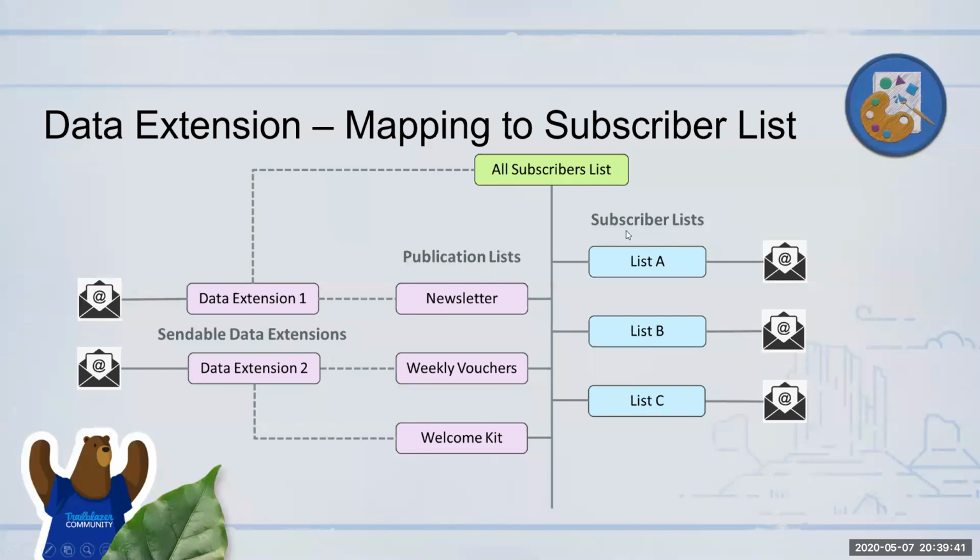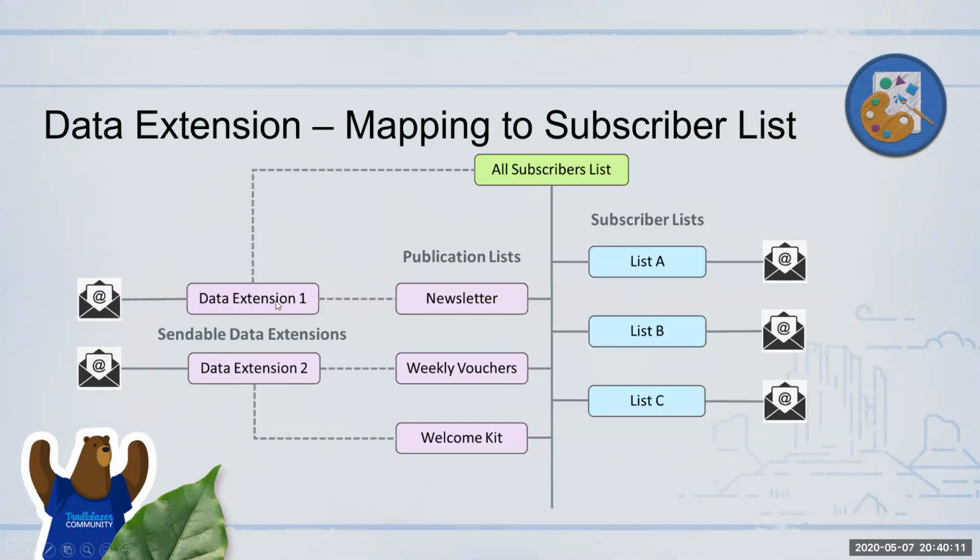So we saw yesterday, we talked about the subscriber list. Very straightforward. Each list has one or more subscribers. If you send, they will get an email, and then the status will automatically get updated in the list as well as the All Subscribers list. That's what we saw yesterday, right? But then we also saw that we can have subscribers in a sendable data extension. So I can store customer information in a data extension as well, and we said we can send email to them as well.